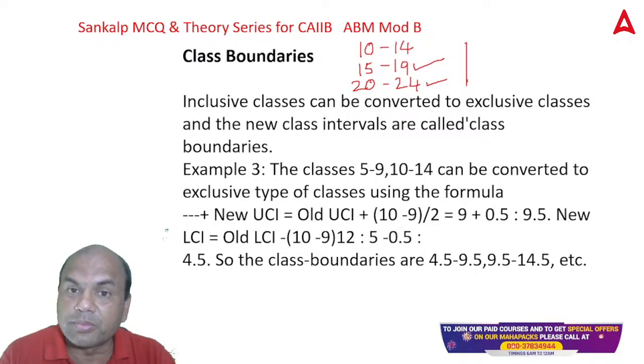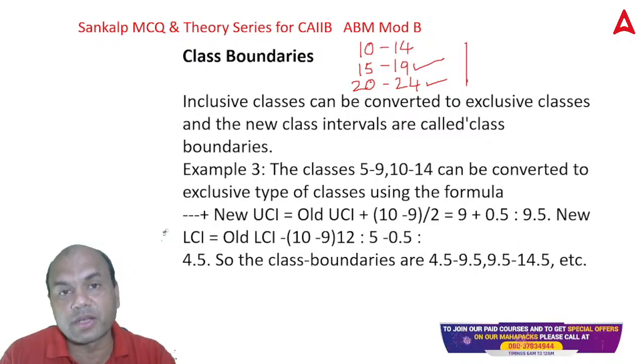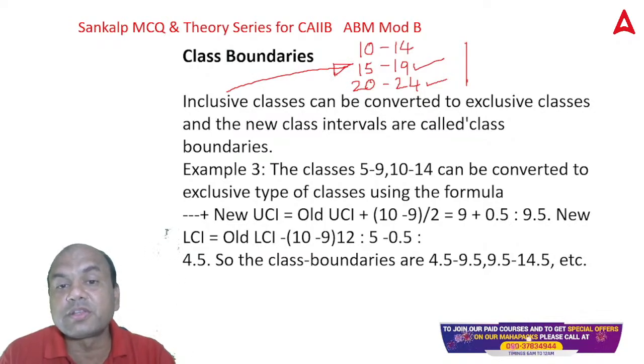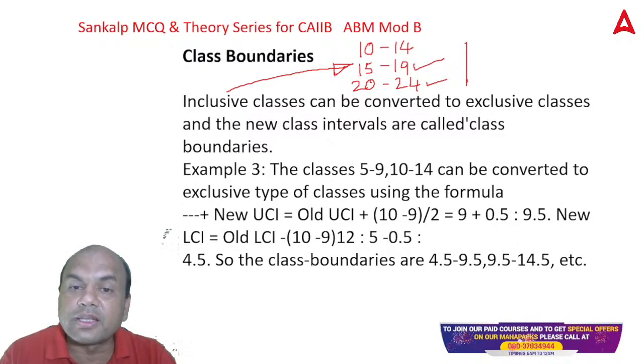So this group where the upper and the lower boundary is included is known as inclusive group. Inclusive. Okay, got it? Inclusive means where the upper and the lower boundary is limit, you can call it maximum, minimum. Those are included is known as inclusive class. And what is exclusive then? Now if I have to convert this, see here,